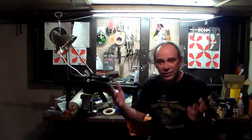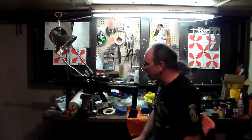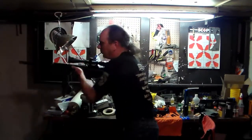But I'm really not crazy about this compression fitting thing that clamps around the barrel nut, and I don't like it. Okay, it took me 2 tries to get it right. I truthfully believe that these 2 studs down here are cranked down to the point of stripping the threads out of the receiver. I'm not a big fan of the way it mounts. Alright, that being said, there we go. This guy right here